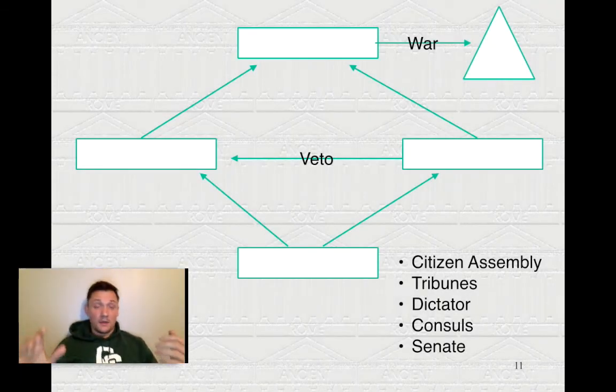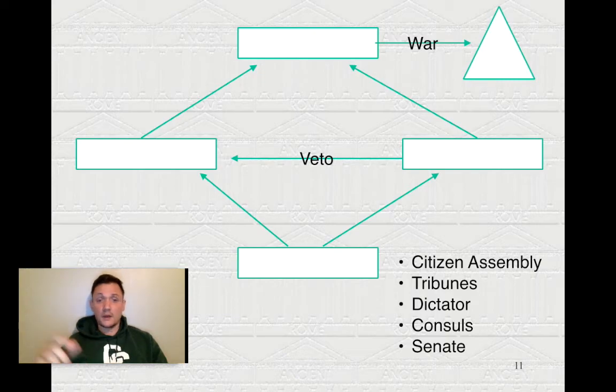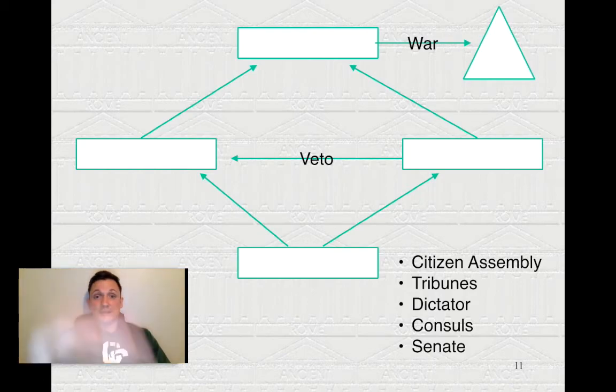And play. Nice. So this is what I'm going to be checking for on Thursday, right? As you can tell, this is a graphic organizer. I want you to copy this down in your notes. Draw it in your notes so I can see the whole thing. But the main part about this is there is a triangle right here, and of course this is war and so on. This is a system of ranking, and this is how the entire Roman government was set up.